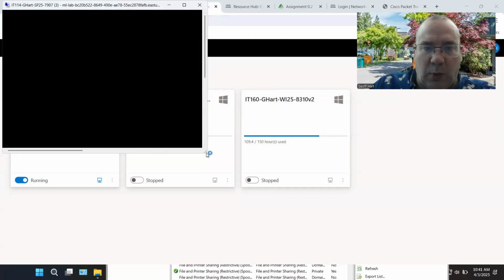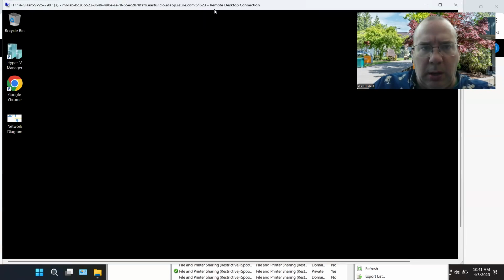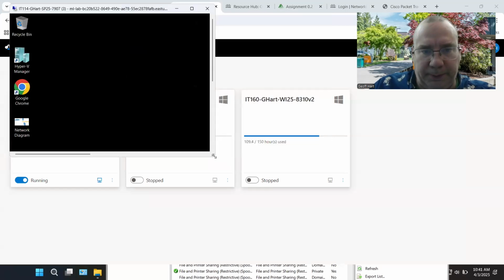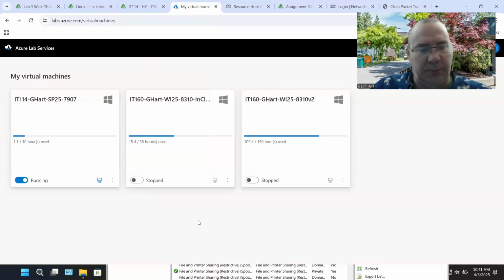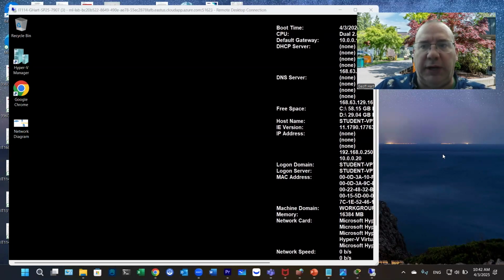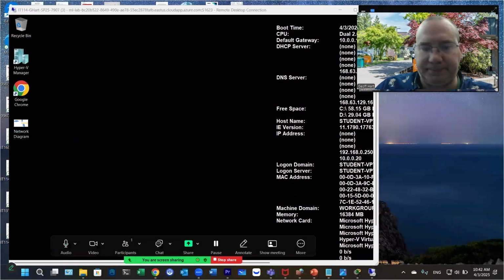Now, one note, it's a good idea to resize your window because what you'll end up wanting to do, let's do this. What we're going to do is click over here and take a screenshot showing that we're logged into the VM.